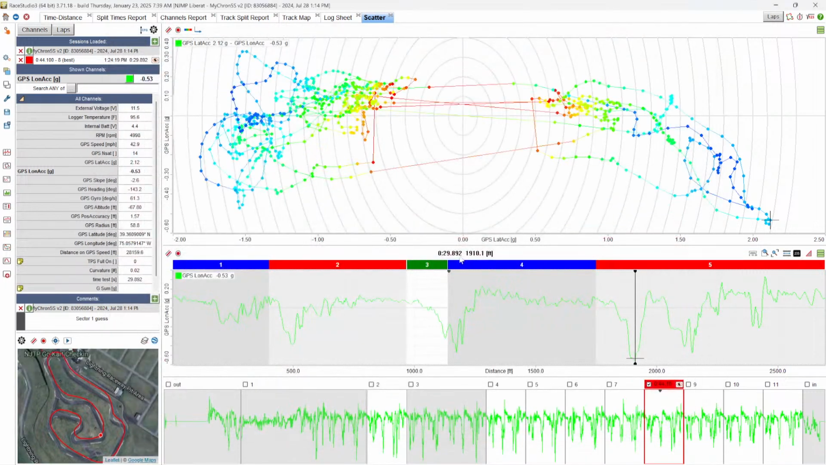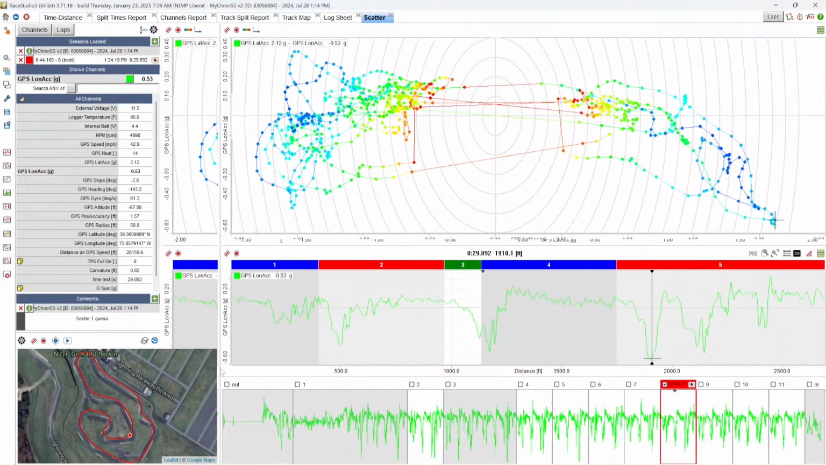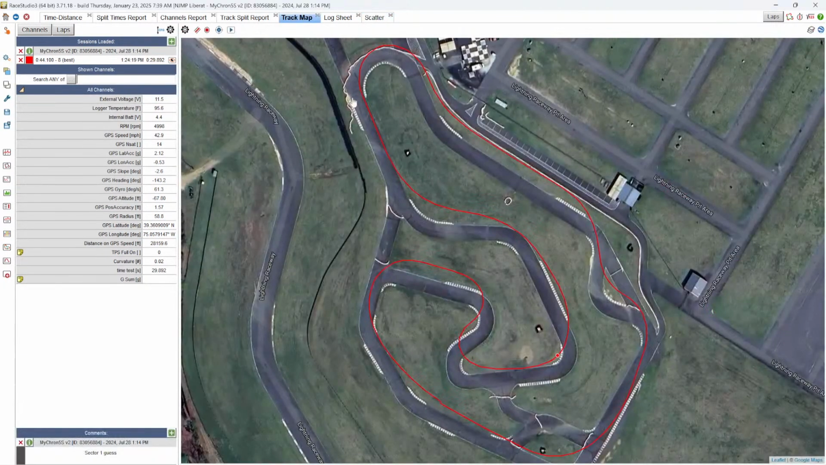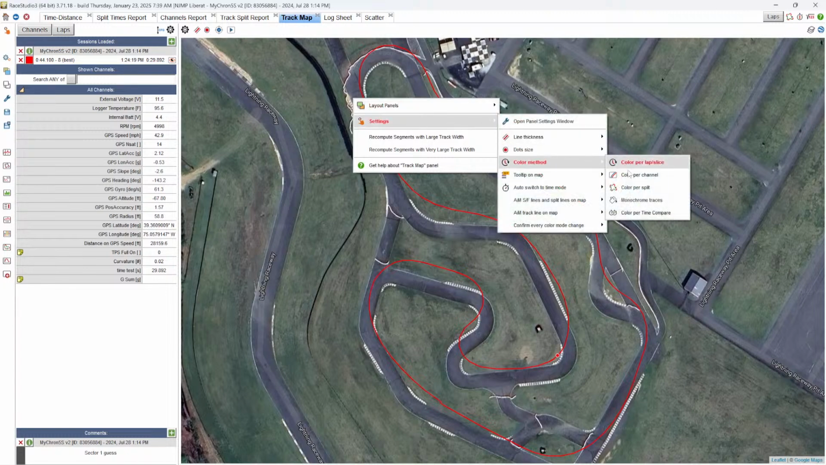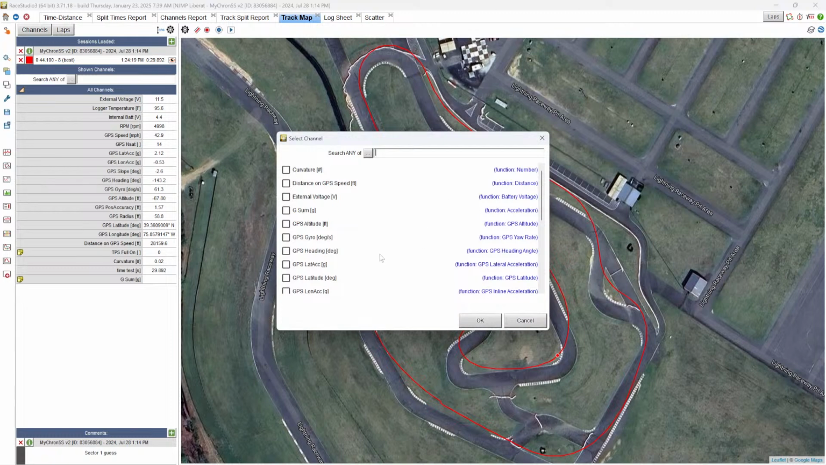So you'd say, why do you want to do that math channel? Well, here's something I find really cool. I'm just going to hop over to the track map to do it. Now that we did that, we can choose to color this session by any channel we have. That includes math channels. So if we pick GSUM,